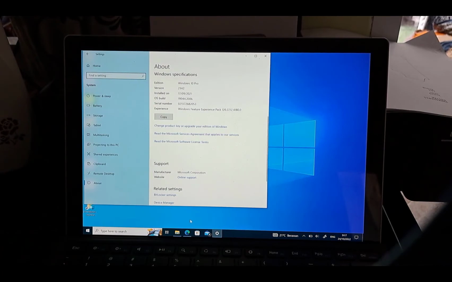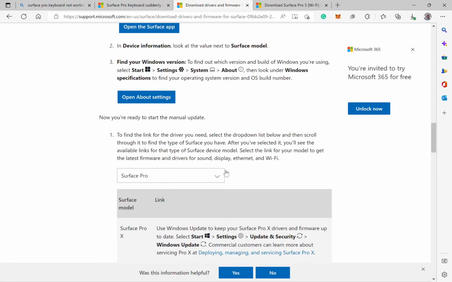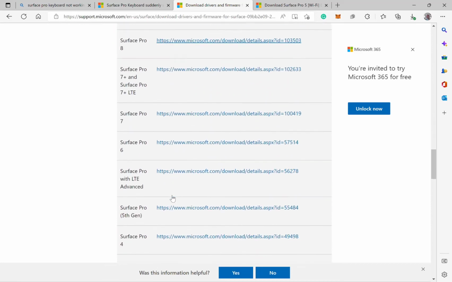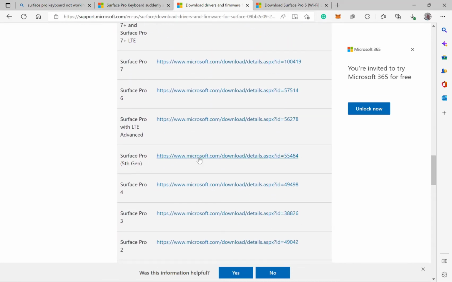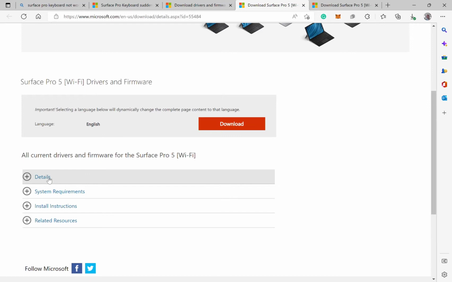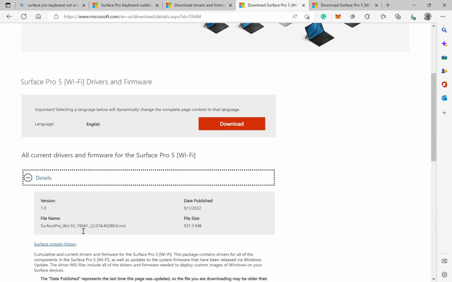website. So let's go back to the website. So my Surface Pro, I know the model is of course Surface Pro, and then for the model is Surface Pro 5th generation, and then I click it, and in here the available driver, when you click the detail, is Surface Pro Win 10 19041. So because my Surface Pro is 19044, I will use this driver, and then I will download, and after that I will install the driver, and hopefully it will fix